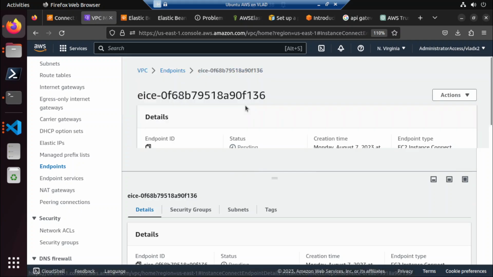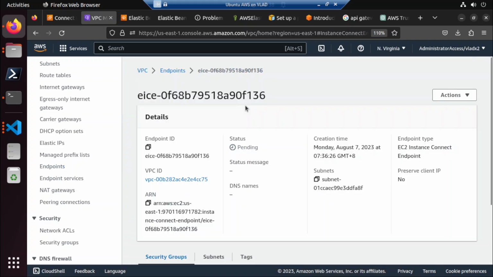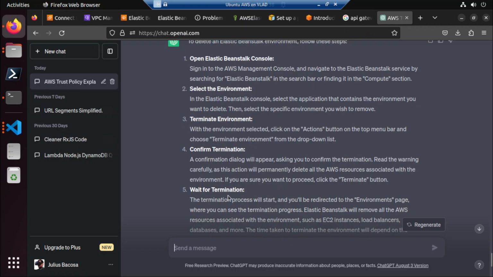Right, so the VPC endpoint is stuck in pending status. You see,